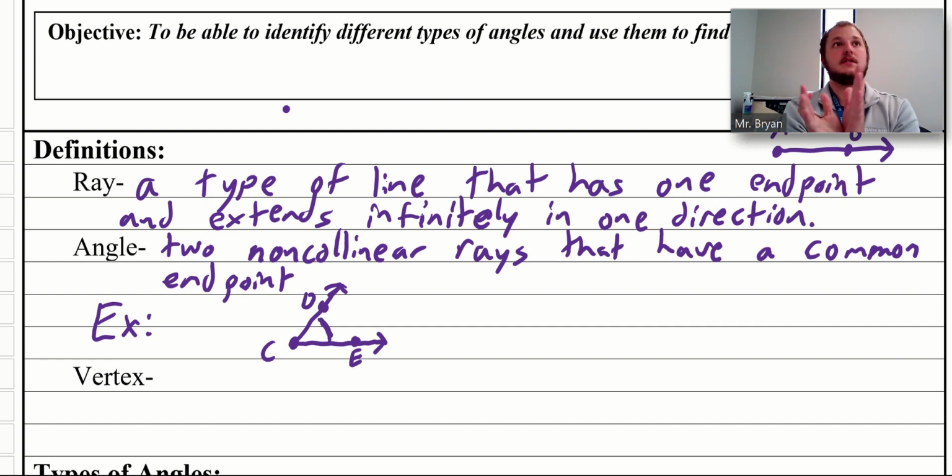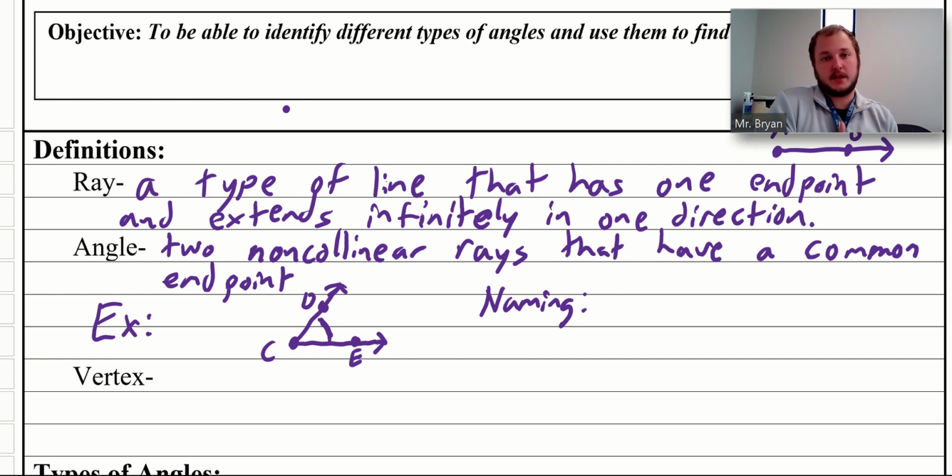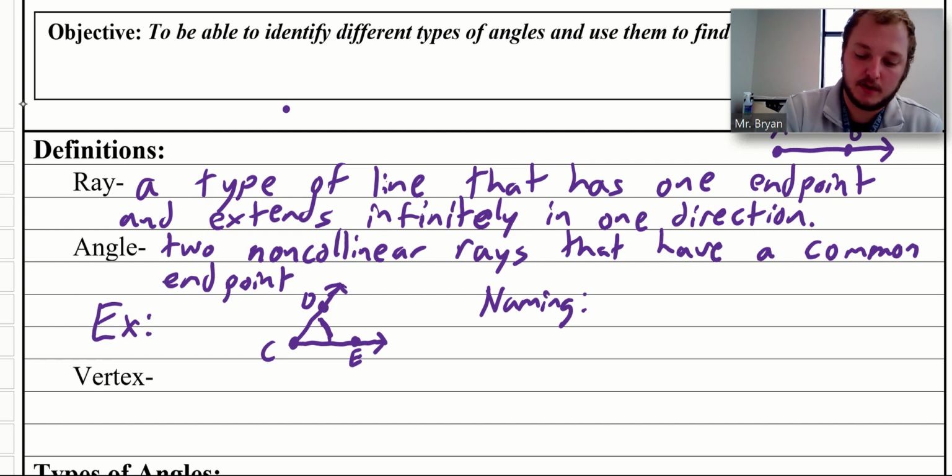Kind of the distance or the degree between those two rays. Okay, and we'll talk more about how to measure angles and what that looks like, but that's the basic idea. Another thing that we need to add is naming, because we've talked about naming lines, and that's very important with angles as well. Probably one of the most important things that we'll talk about today that you're going to use most days in this class. Naming an angle, you need all 3 points